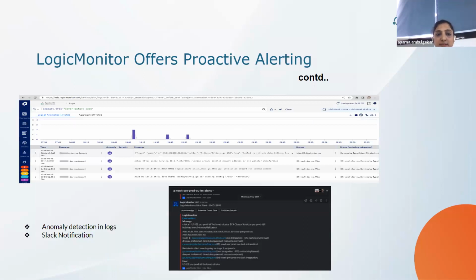So, anomaly detection. If you check here, in the logs, if LogicMonitor finds something related to an error or alert in that particular log request, then immediately it will also detect all this anomaly behavior, and it will send the alerts. So LogicMonitor has one capability like